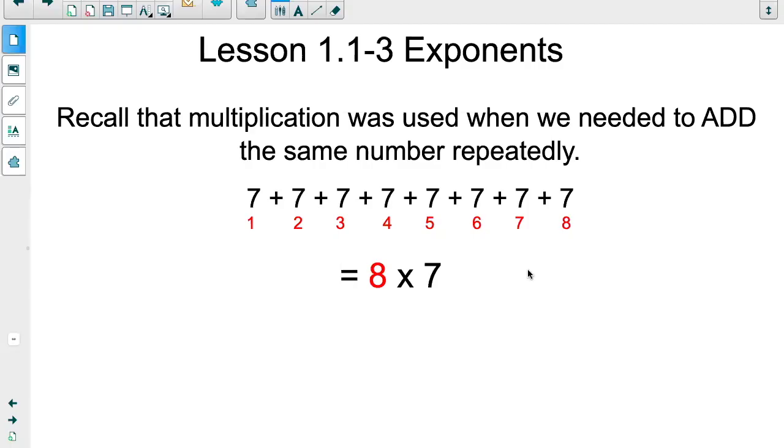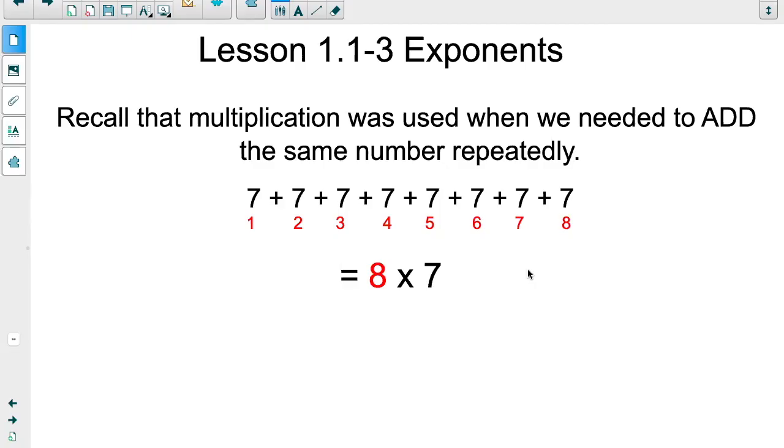Okay, so now we're going to talk about exponents. Make sure that we understand this brand new concept that involves multiplication, but it is not the same as what we talked about when we were doing multiplication of integers. First, let us recall that when we speak of multiplication, what we're talking about is the notation we use when